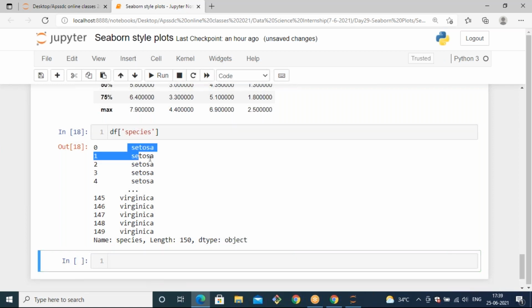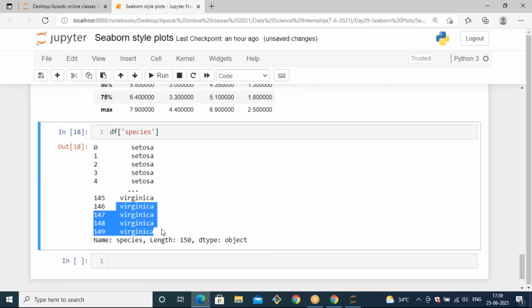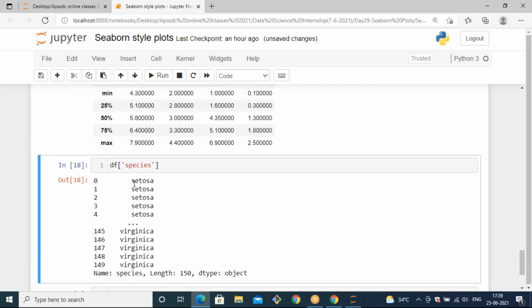There you can observe the first 5 having Setosa and the last 5 rows having Virginica. Out of this I want to get the values. That means in species it might have values like Setosa and Virginica, right? So I want to know the values in it and the count of it. You can use dot value_counts, right?